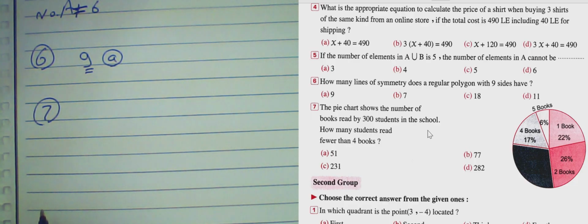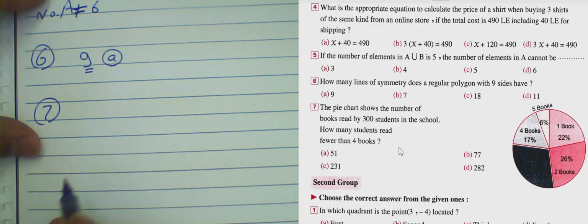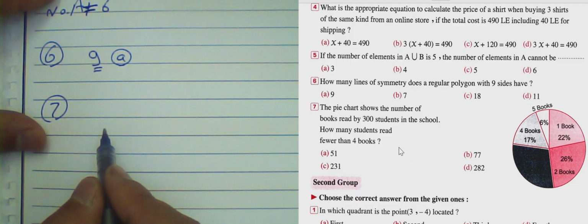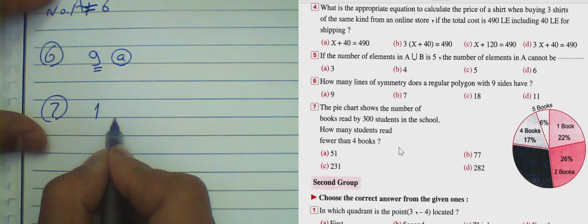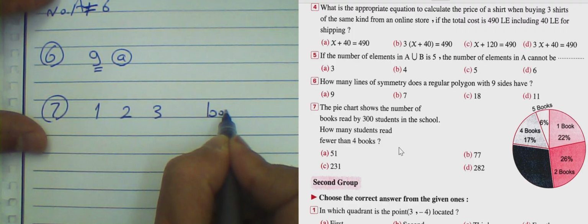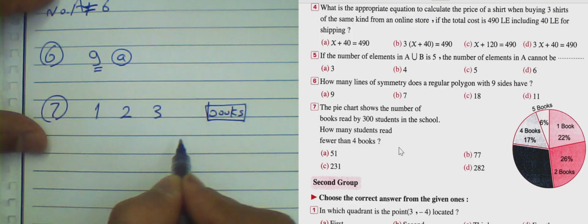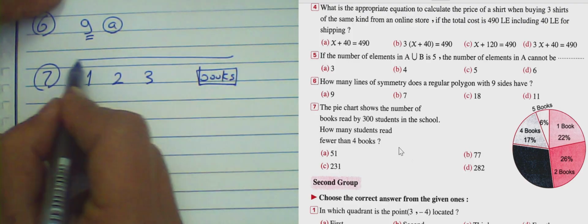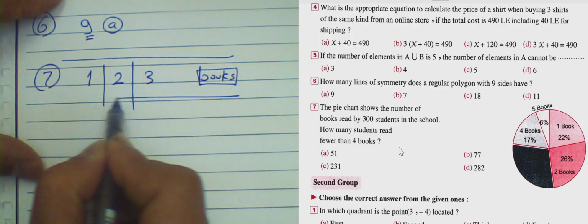The pie chart shows the number of boxes read by 300 students in the school. How many students read fewer than 4 boxes? Fewer than 4 boxes means one box, or 2 boxes, or 3 boxes. We can find the number of students who read 1 box, 2 boxes, or 3 boxes, and then